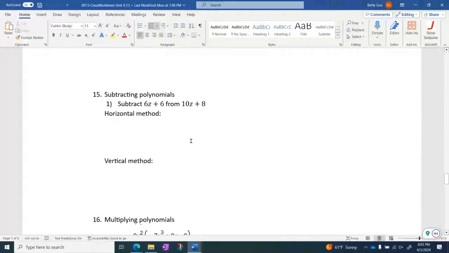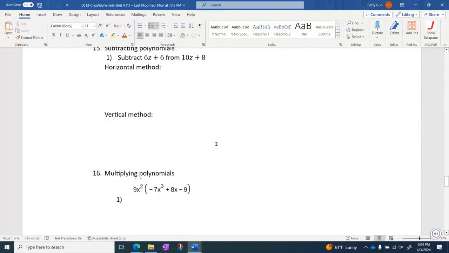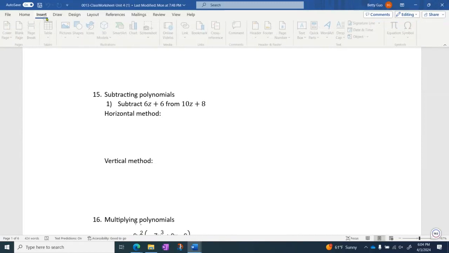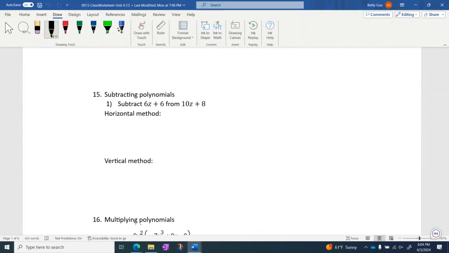Number 15 is about subtracting polynomials, taking the difference of two polynomials. We also have two methods for subtracting polynomials. Before we give the two methods, I want to clarify some misunderstandings. Firstly, we need to know